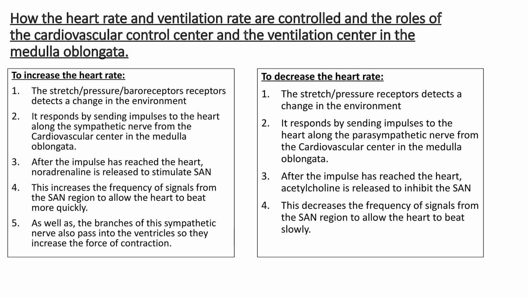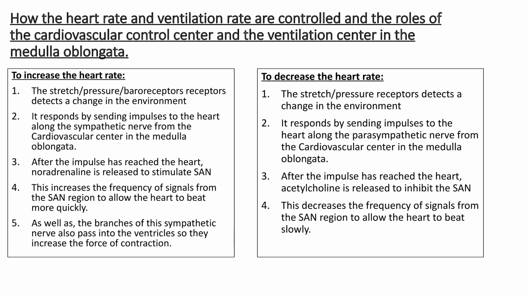Now, an important part of the slide: how heart rate and ventilation rate are controlled, and the roles of the cardiovascular control center and ventilation center in the medulla oblongata. Sometimes we need to increase the heart rate in order to meet our body's metabolic demand. For example, when we are exercising, our body requires much energy for larger ATP production, and